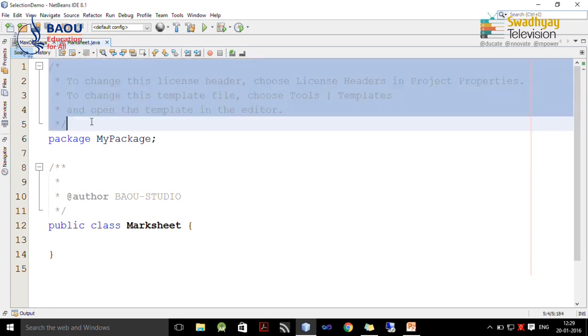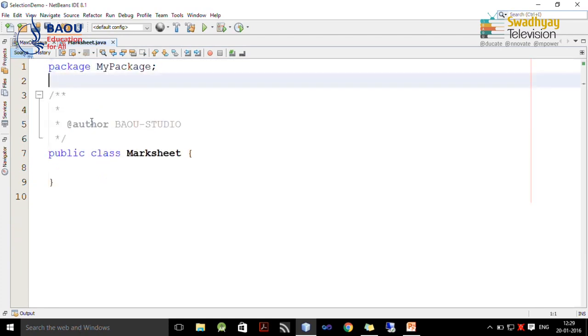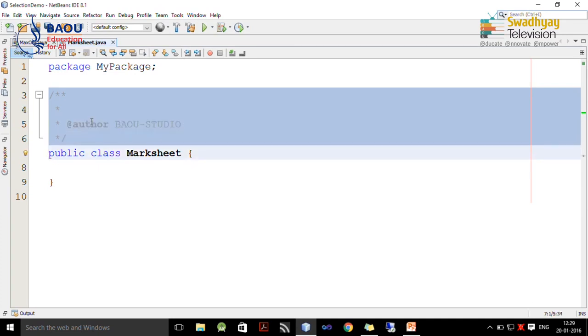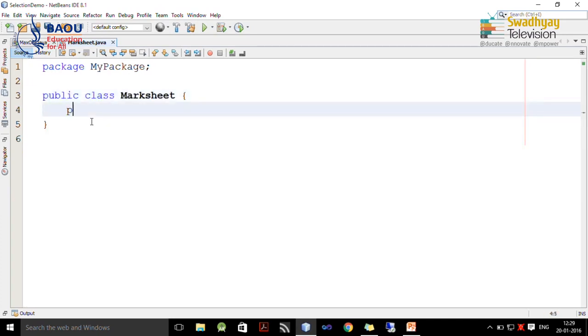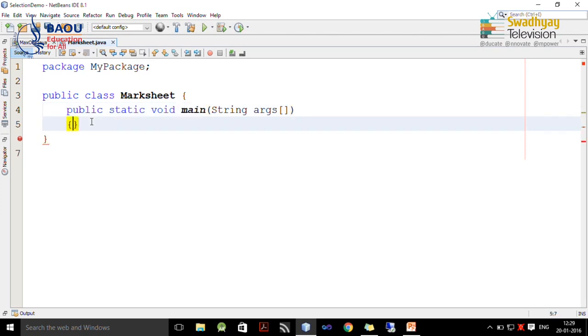Then we remove this comment for better viewing and again we write down the main method inside this. So, I write down public static void main and it takes a string array as argument.